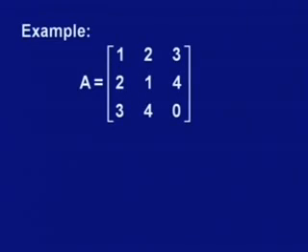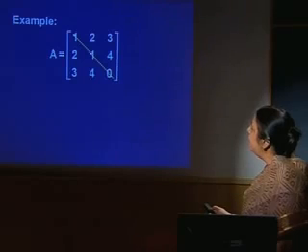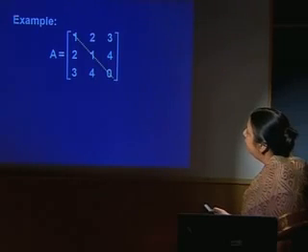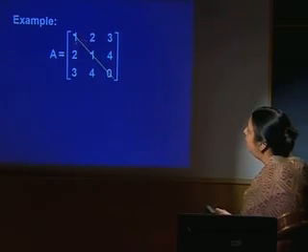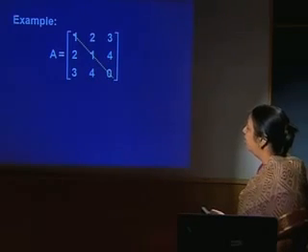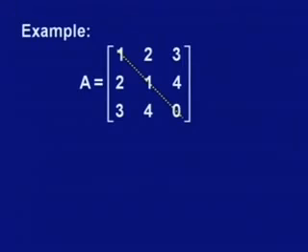This is an example, a 3 by 3 matrix. This matrix is a symmetric matrix. One can see that these are the diagonal elements, and the upper side is the mirror image of the lower side. Here we have 2, here also we have 2. This 3 is the same as this element, this element is the same as this element. So this matrix happens to be a symmetric matrix. Here a_ij is equal to a_ji for all the elements.